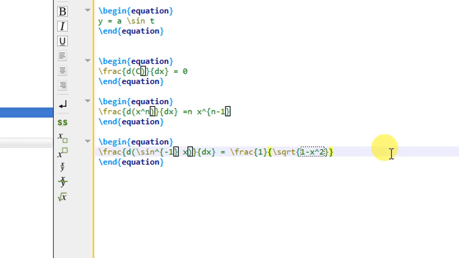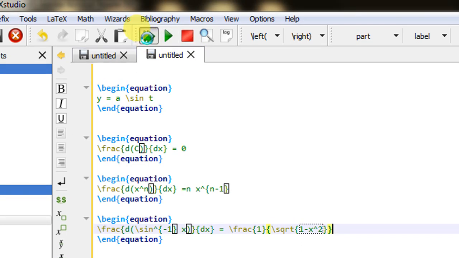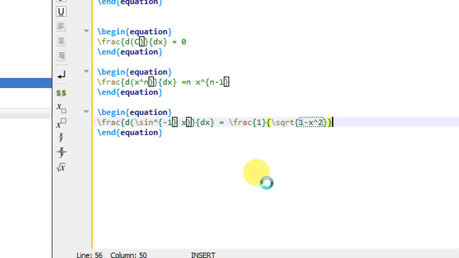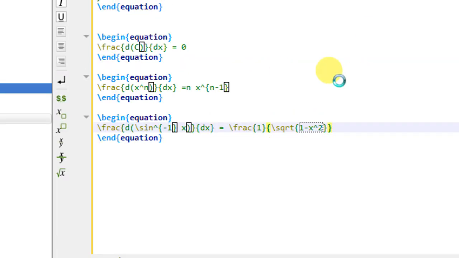So here I will go back and compile this. So the process has exited, it is compiling, and let us check for the output.